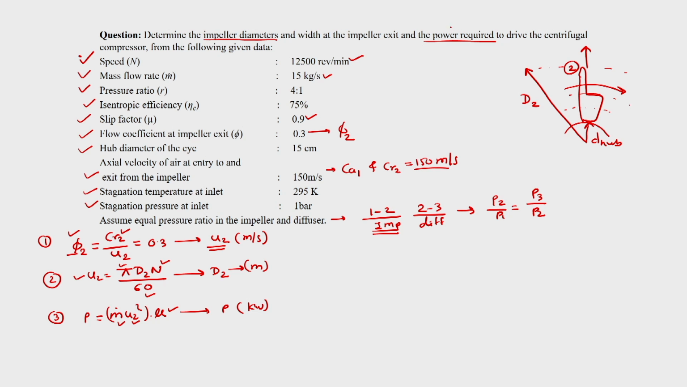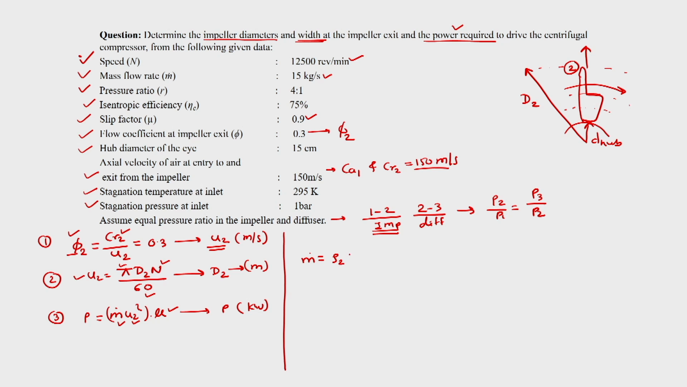Now this one diameter is found out, and then we have to again find out the width. So for that, to find out the diameter and the width, we need to use the formula for mass flow rate. The formula for mass flow rate is